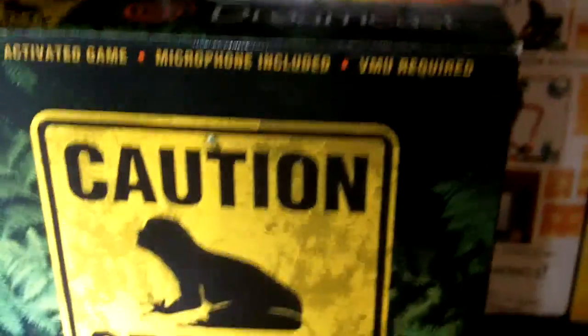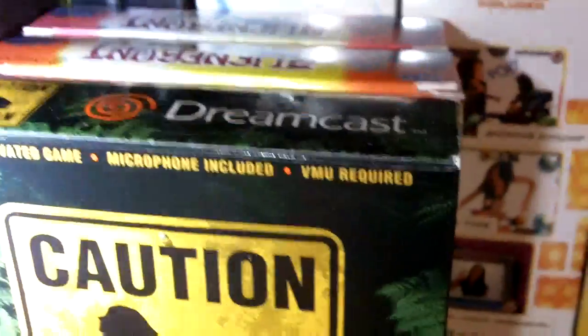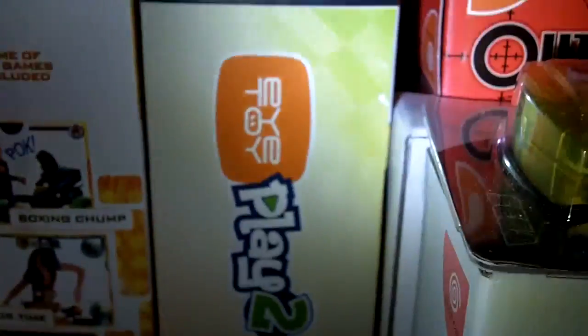This is a couple odds and ends. All these are like just big boxed games. Not really limited editions, but just boxed games. So I have a couple Dreamcast games, 2 Alien Fronts Online, and Seaman. A couple big box PS1 games. And my sealed iToy games. So I have iToy Anti-Grav, iToy, just a standard one that comes with iToy Play, and then iToy Play 2, which I just got yesterday,